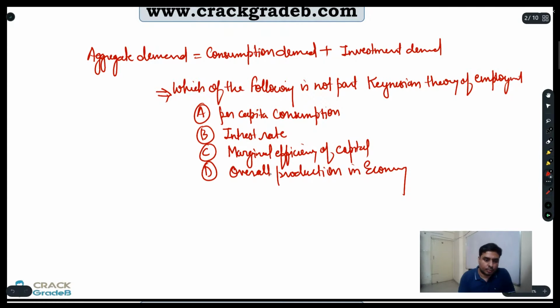Overall production in the economy. So you know that it is a part of it. It is also part of it. It is also part of it. Then the answer will be the overall production in the economy. This is the factor emphasized by whom? Classical